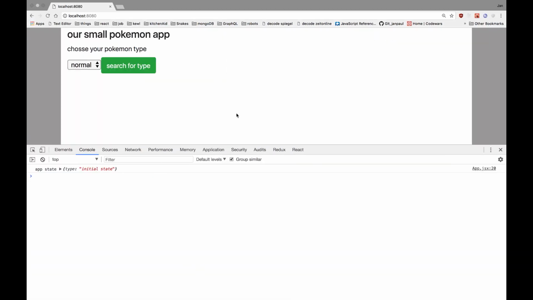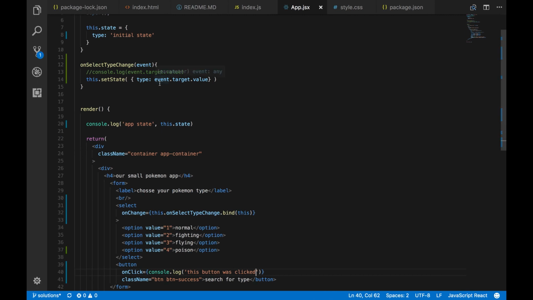Where's my browser? There. Yeah, and as you can see here, this button was clicked, but there is an issue with this button type, because as we see here, the button always forces a reload of the page. It's an HTML problem. I will prevent this now by simply